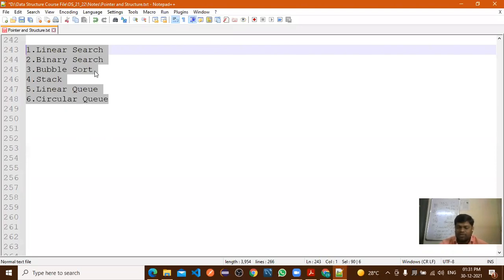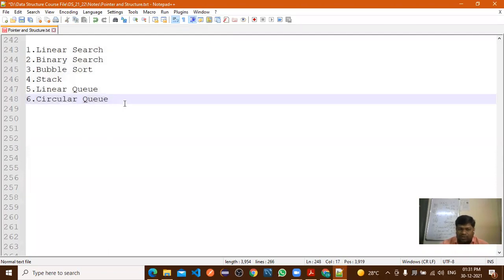So one algorithm we have implemented here, or I have explained one algorithm regarding sorting. The remaining algorithms you can try on your own, right? At least one algorithm we need to implement here: linear search, binary search, bubble sort, stack, linear queue, and circular queue.